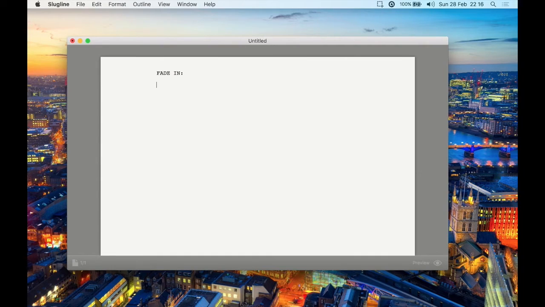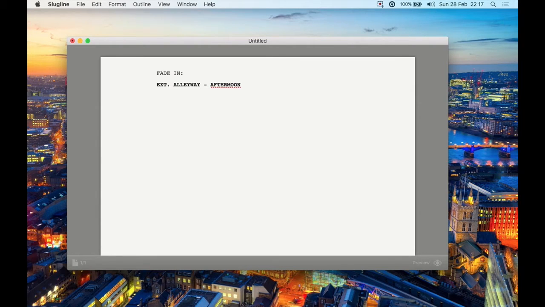I can start typing, then I can hit tab and write the rest of it, such as alleyway, and it knows it's all capital, so I'm not holding down shift, and I haven't got the caps lock on because it knows this is a scene heading now. It knows it has to all be capitals. Then I can put afternoon,